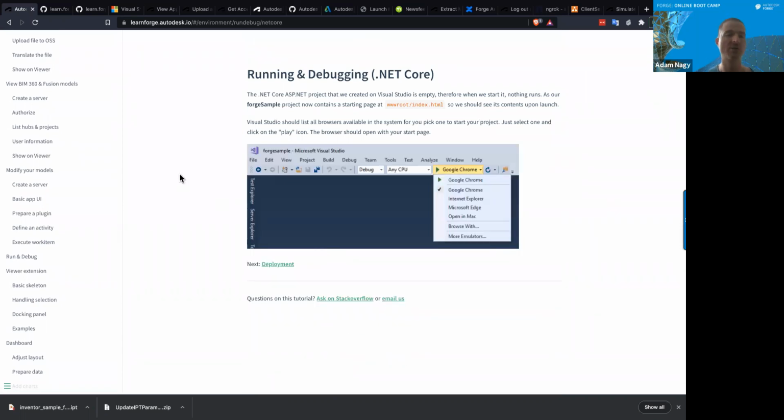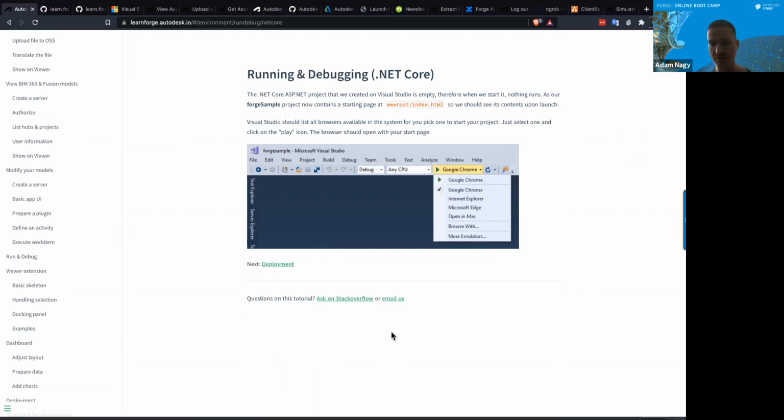Yeah, I think that's it. But before I run that, I also want to show you a couple of the utilities that could be useful. One of them I already mentioned previously